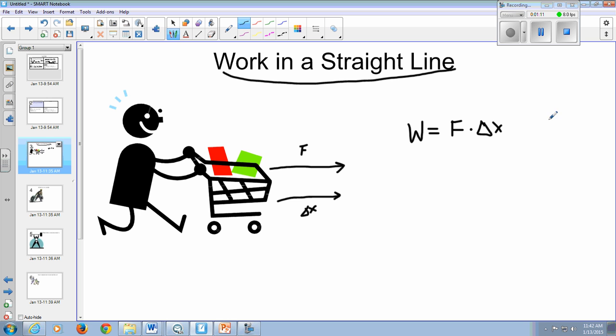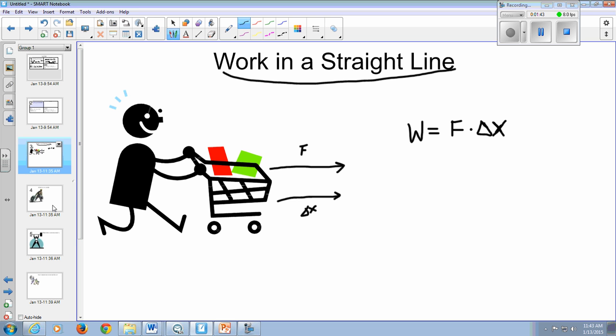Again, I'm using delta x. Smelter-Schwab's class, you're using force times L for distance. It makes no difference. It's essentially the same equation in what we're dealing with. Okay, so this is our first equation. Work is equal to force times distance. Okay, straight line. The force is acting in the same direction, in the same plane as the distance it's